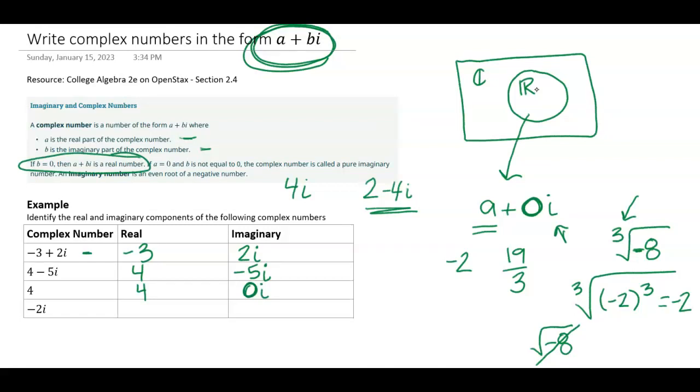If I had just -2i, then my real number is 0, and my imaginary piece is -2i, and again, we call this a pure imaginary